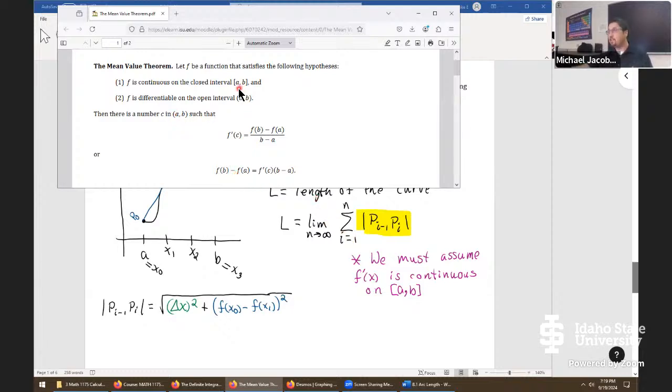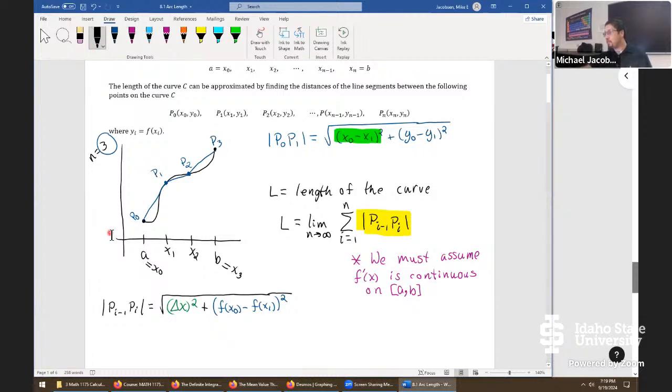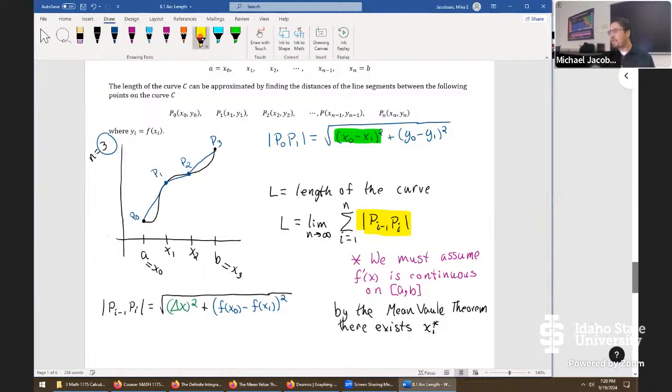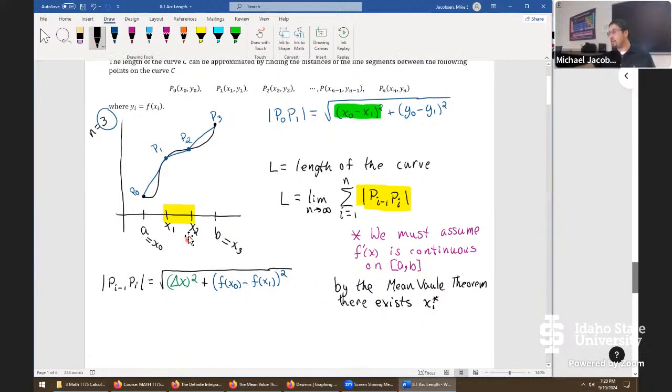The trickiness is that A and B are going to be from x_{i-1} to x_i. So we're using x values for A to B. So let's write this all out. We'll say here, by the mean value theorem, there exists, let's call it xi star. I'll just highlight a generic interval. Imagine we're going from x1 to x2, but we have to describe it as x_i for full generality. There exists an xi star in